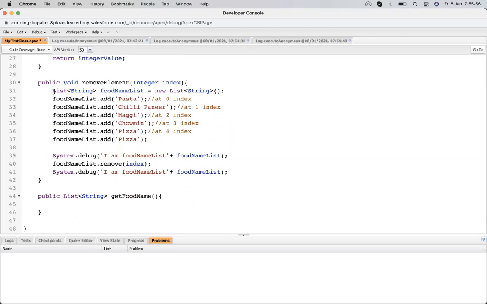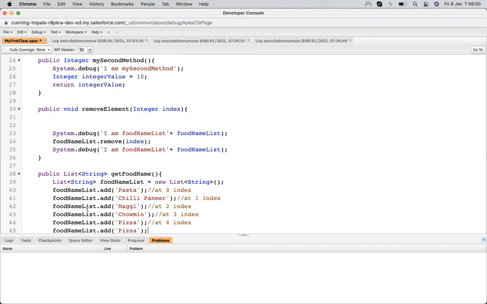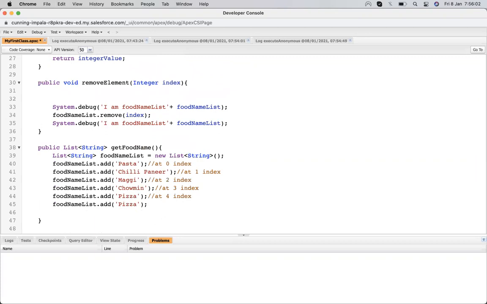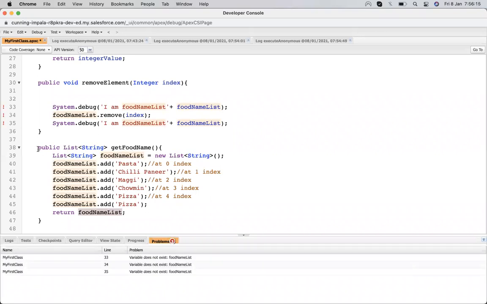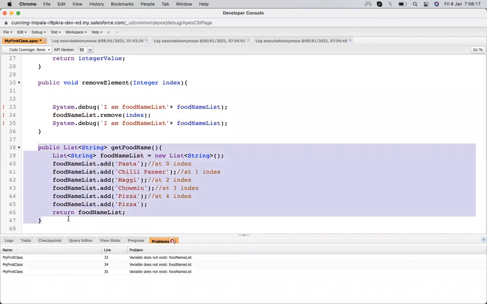I will put all my code up here and then return the food name list. So I'm creating a list of food names and returning it through a method. This method will just return a list of food names.